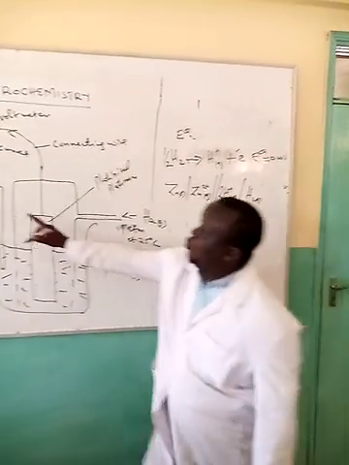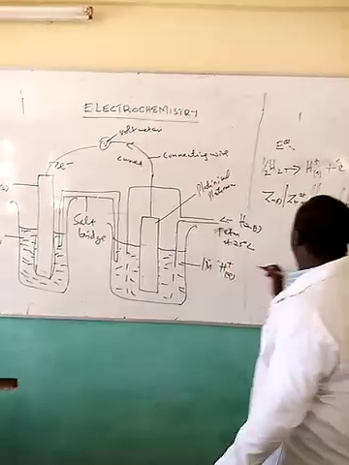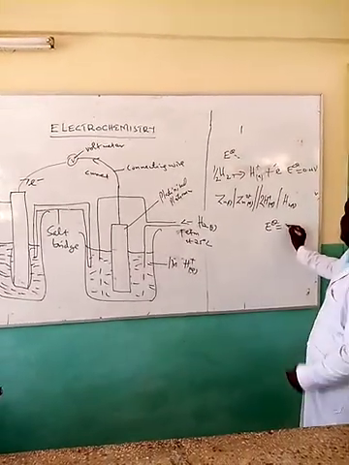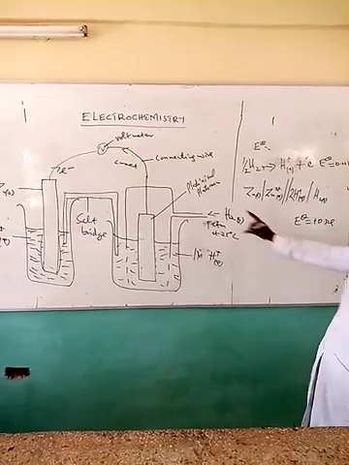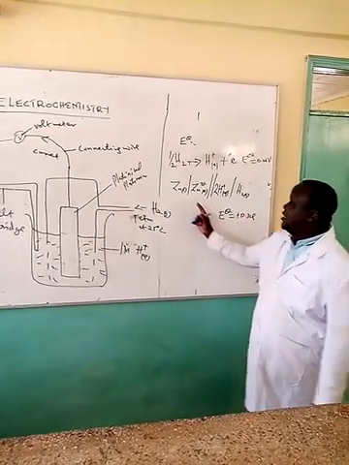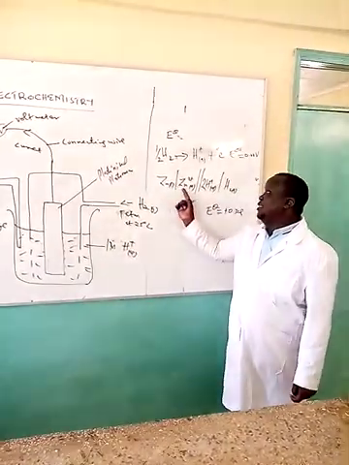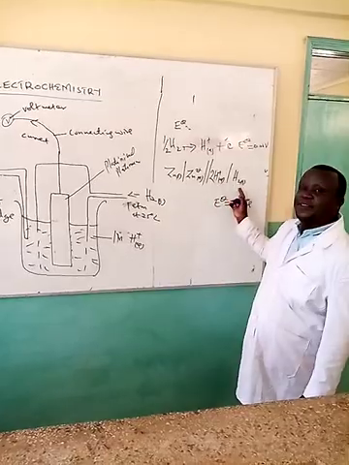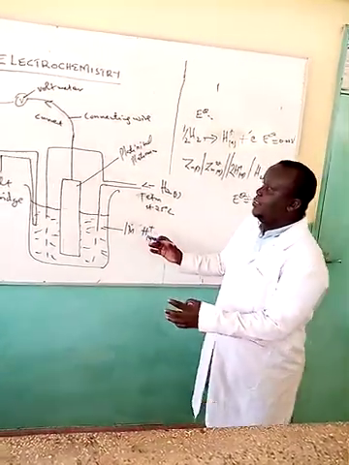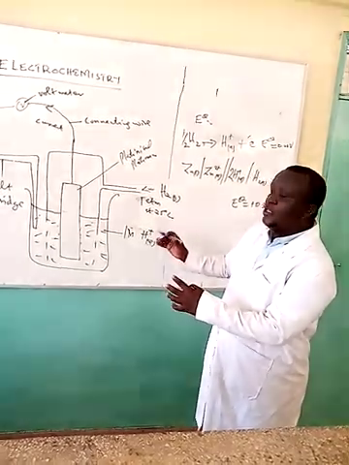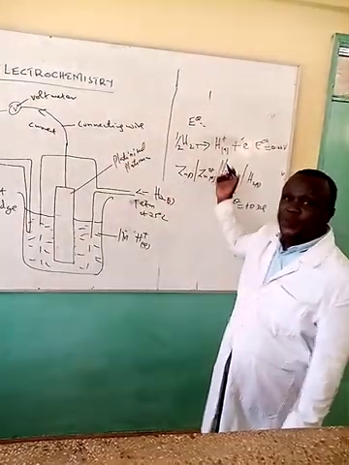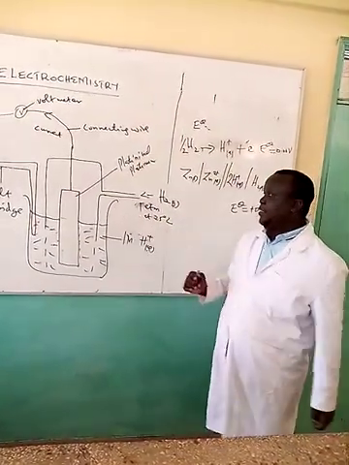So, whatever is deflected on the voltmeter, as in this case, positive 0.34 will be reflected in the voltmeter. This positive 0.34 is the standard electric potential for zinc because the hydrogen half cell has been used, and the hydrogen half cell is referred to as the standard, the reference half cell in obtaining the standard electric potential of all the chemical species. Like in this case, we have zinc.